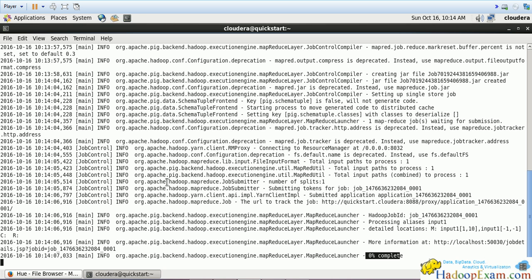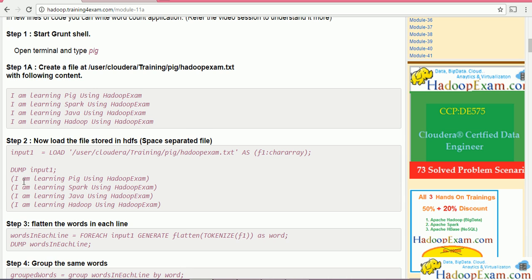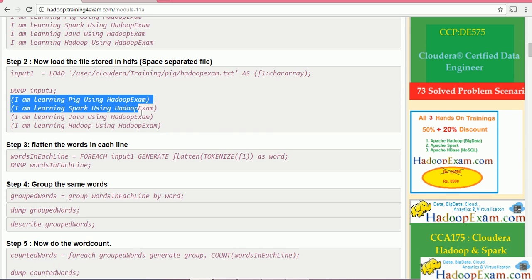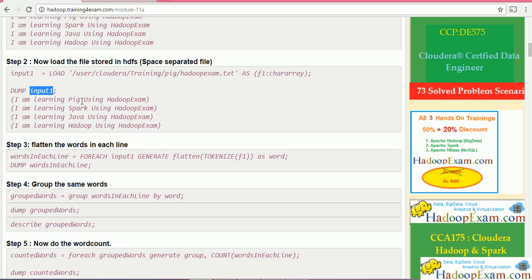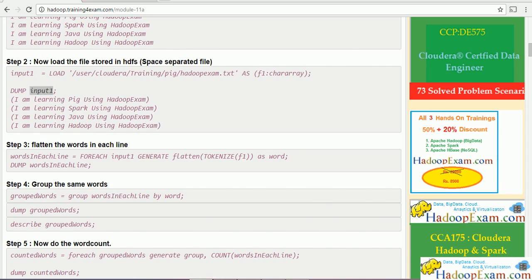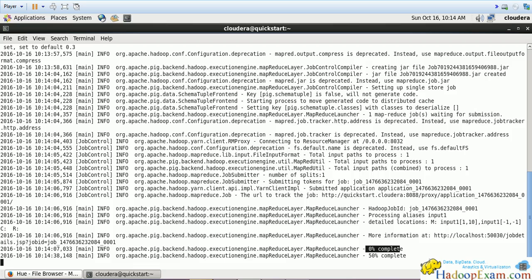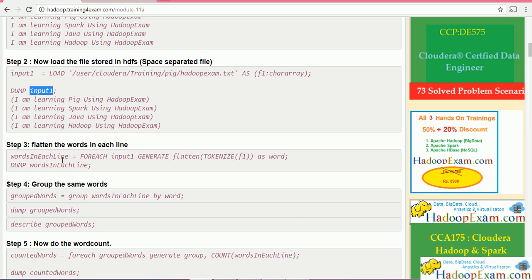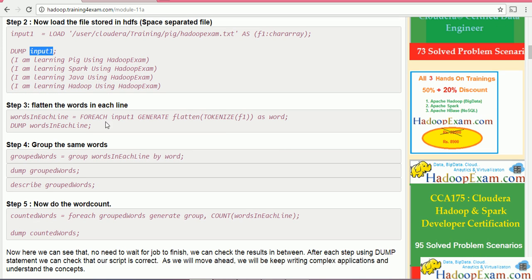All of this is a single node cluster, so it would be a little slower. Let it get completed. Let's move here again. This should print this kind of lines as an output. This input1 relation has all these 4 lines. Here you can see 50% is completed. We are still waiting. Once that statement is finished, each line contains an entire